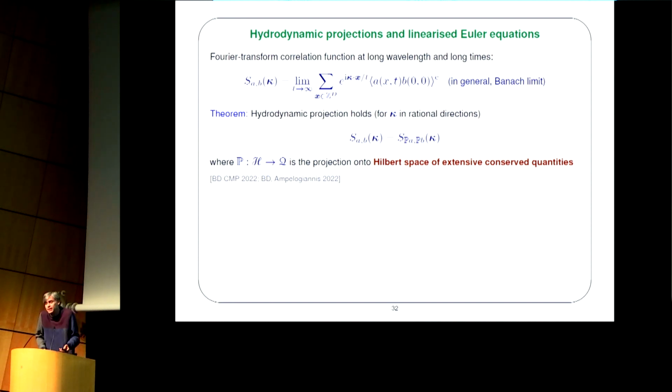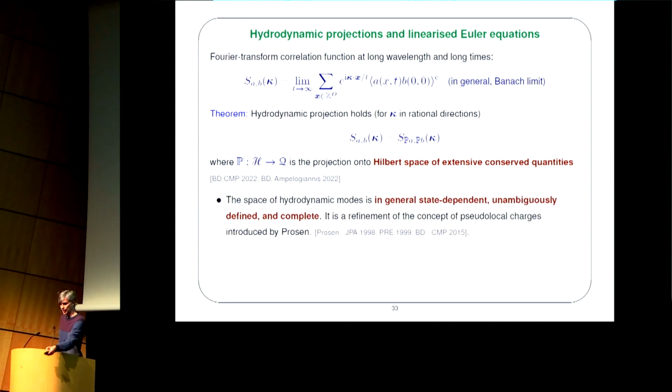So this is something that is completely general in lattice models. The lattice model may be integrable or not, chaotic or not, constrained or whatever, it is always true. The only thing that is not trivial is the space of extensive conserved quantities. The other thing that's always true is, in general, this space is state dependent, but here it is unambiguously defined and complete. In fact, it's a refinement of the concept of pseudo-local charges that was introduced by Prosen in the context of